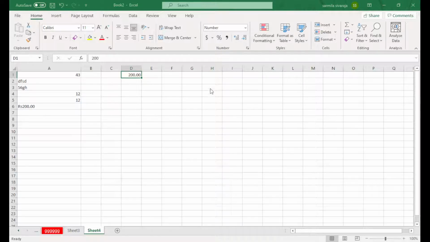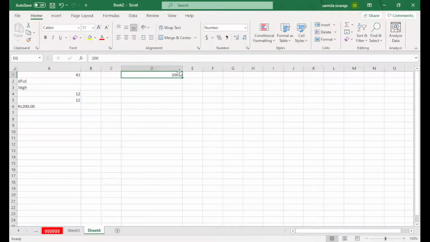Just come to the more number formats. Here you can set your format. Here it provides the decimal places. Based on this, by default it takes 2. When you don't need decimals, you can set it to 0. Then press, and it has no decimal value. If you need one decimal value, you can set one decimal. You can preview here also. So that's one of the ways to provide values in such a way.